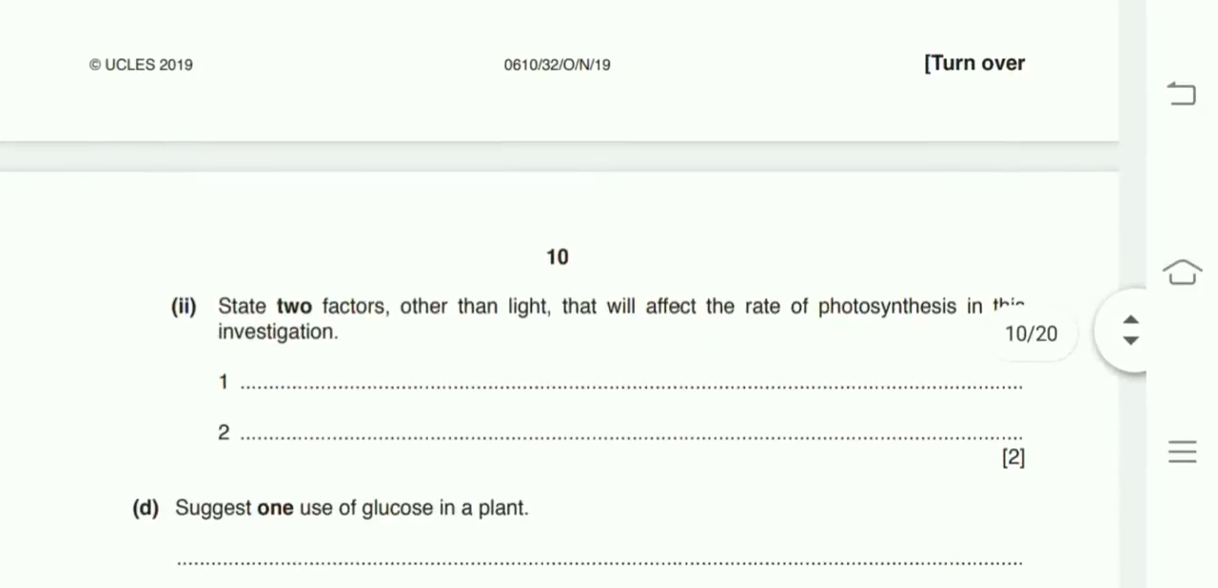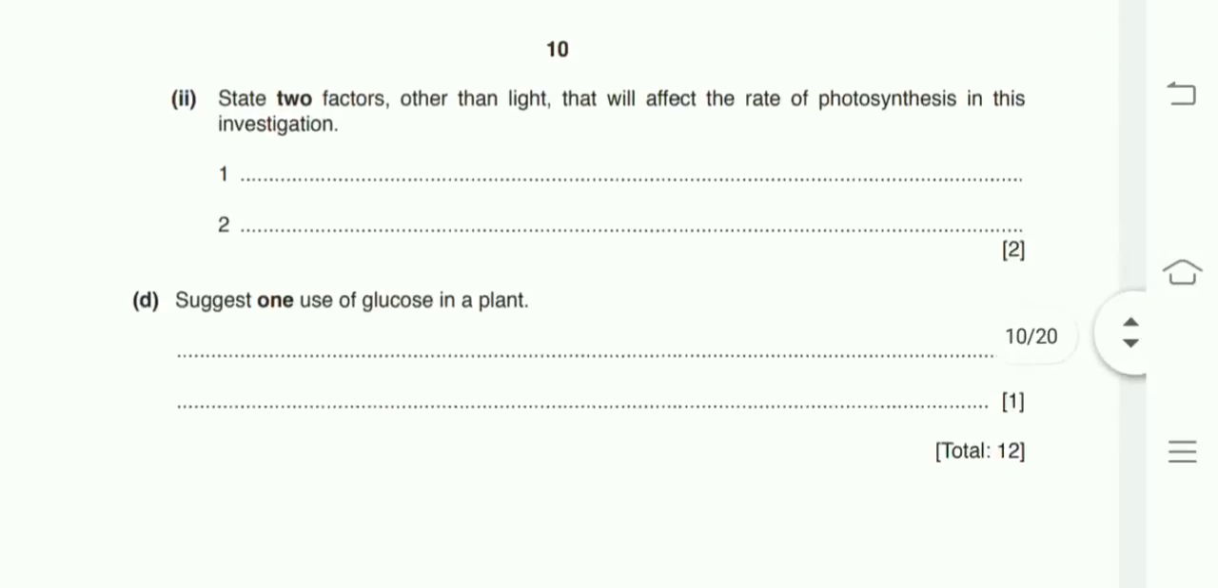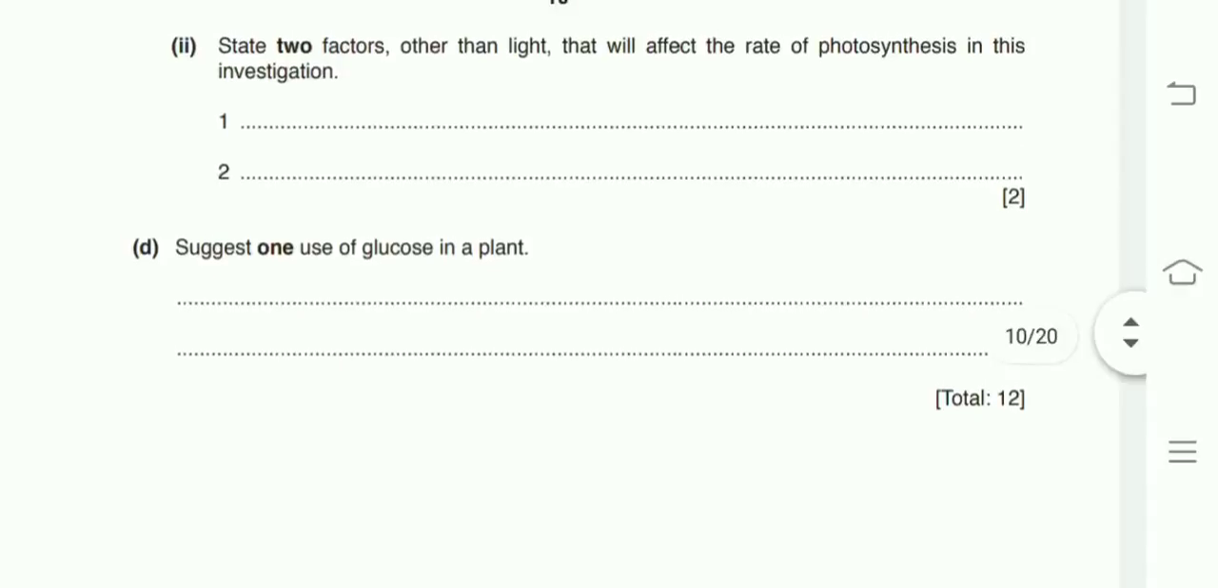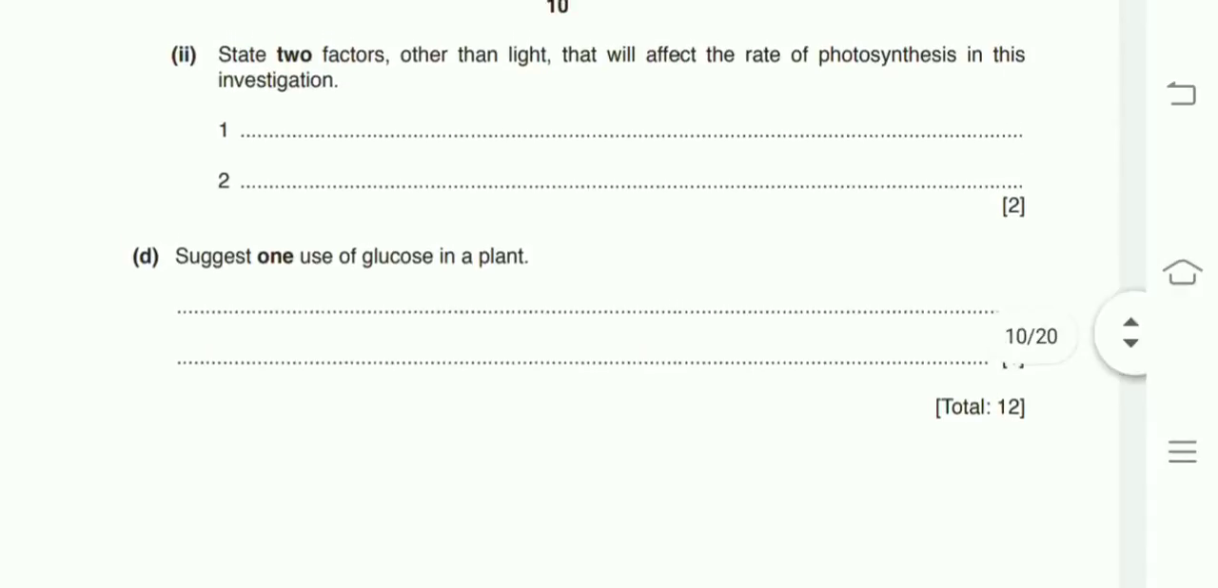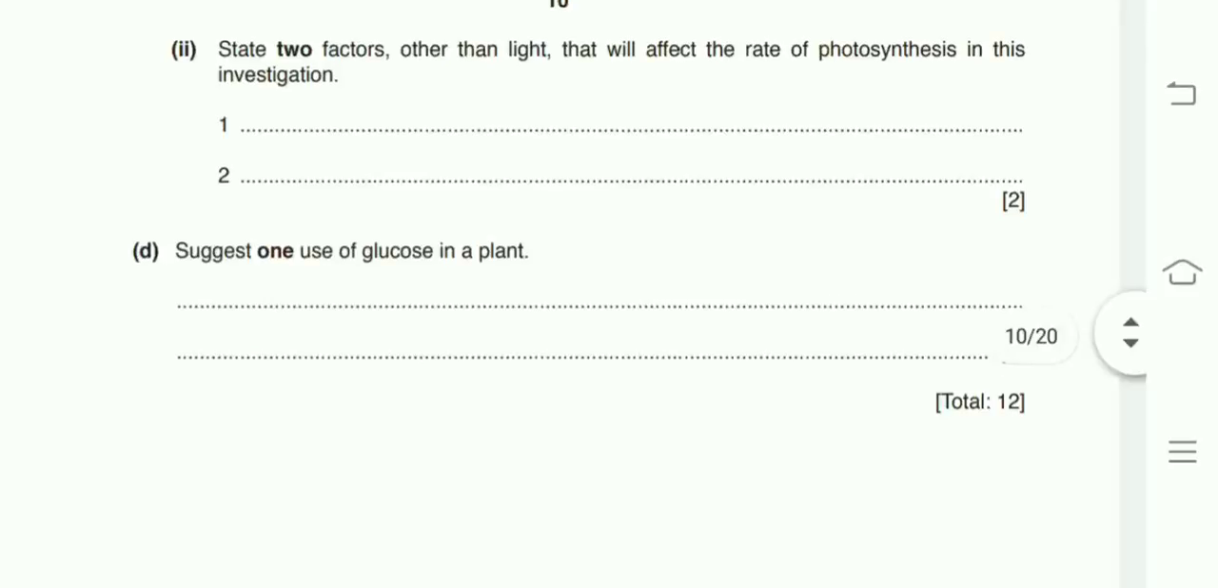And then the next number, state a factor other than light that will affect the rate of photosynthesis in this investigation. That will be temperature, carbon dioxide, number of chloroplasts, surface area, and the species of the plant. Suggest one use of glucose in a plant, there will be